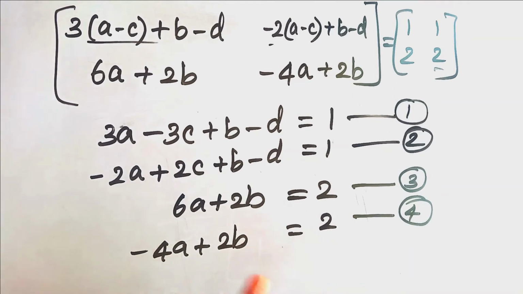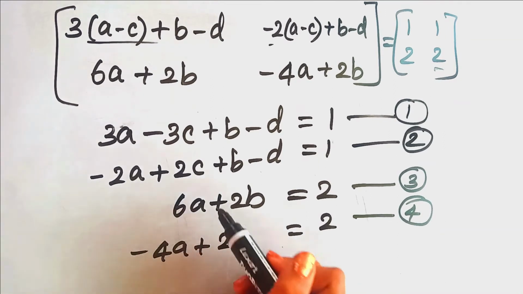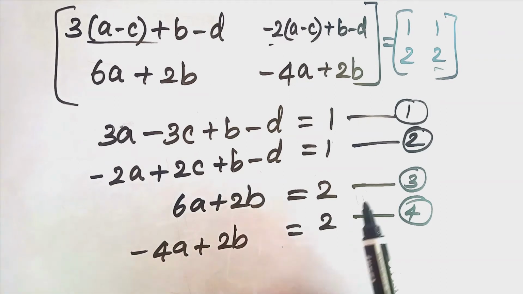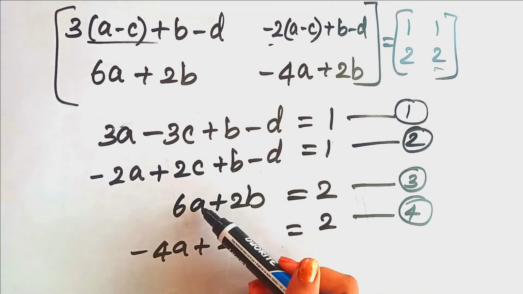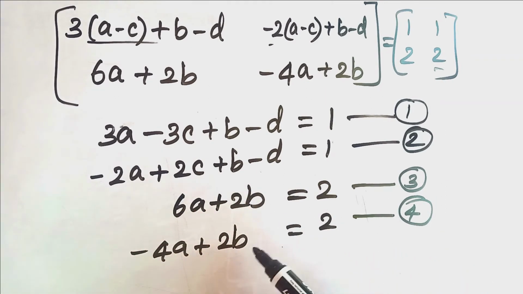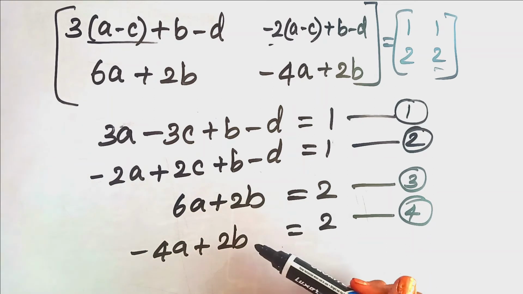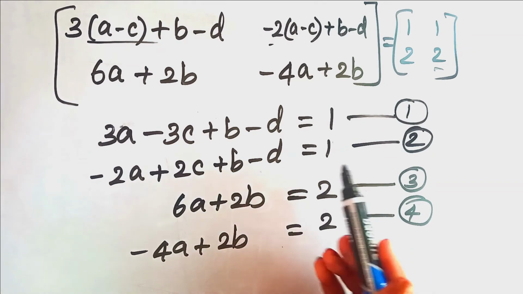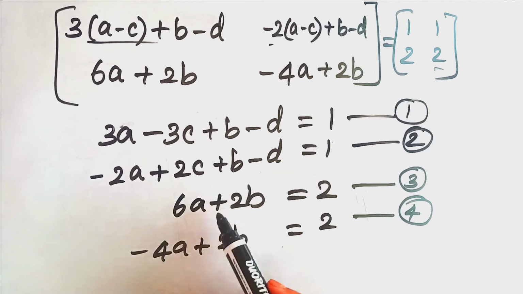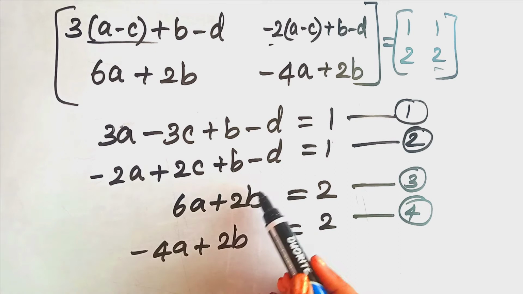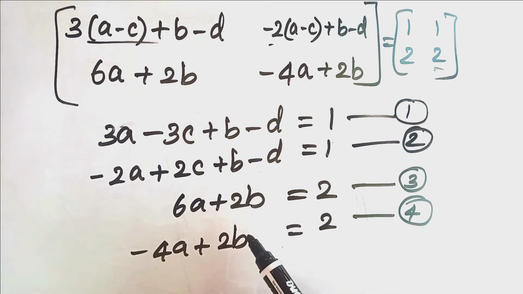Now we are going to subtract these equations so that we can find A, B and C, D. Okay, now let's see these two equations. There is an A and A here, and B and B. So now let's subtract these two. Why I'm selecting these two is that you can see there are similar elements here, 2B and 2B, right? So if we subtract, this will give us 0, so that's why we are taking these two equations. Okay, now let's subtract this.